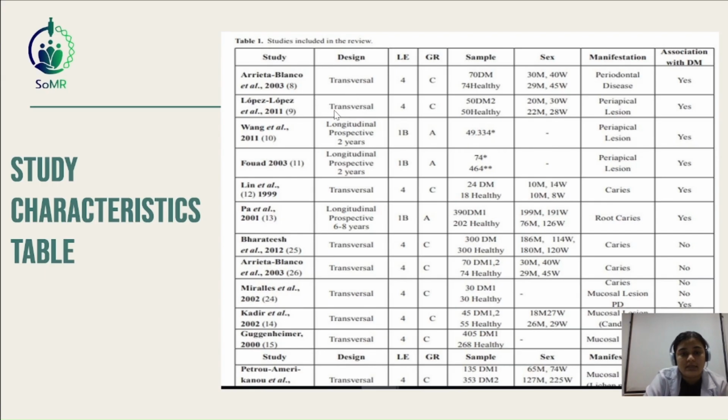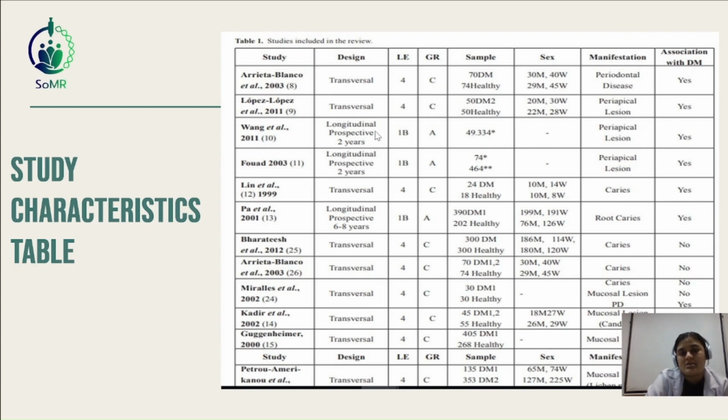Design means the study design. For example, this is the longitudinal perspective study. Wong et al. was a longitudinal perspective study that went on for 2 years. Lopez and Lopez was a transversal study. Now, when you might be doing a review, you might go through these things, or you might find upon that